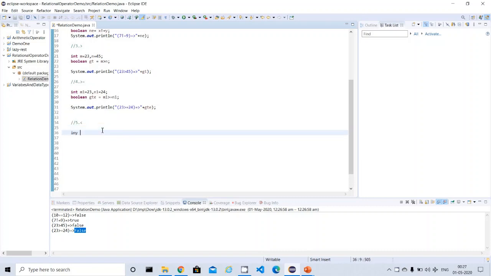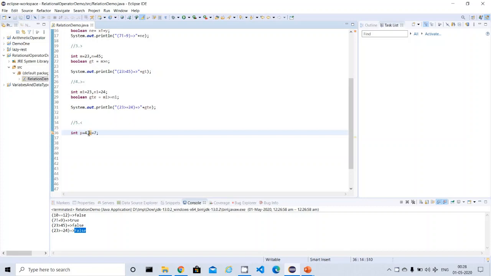So let me take two digits of type int, P equal to 4 comma Q equal to 7. This is where I declare two variables. We have already declared the earlier variable names, so we cannot use the same variable name.